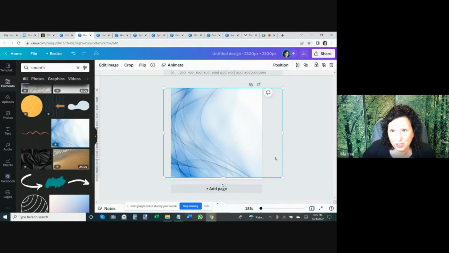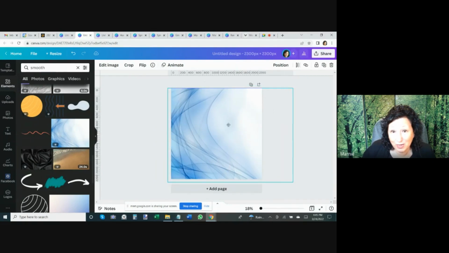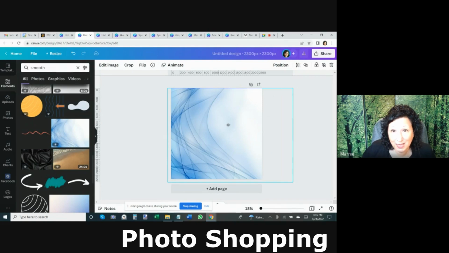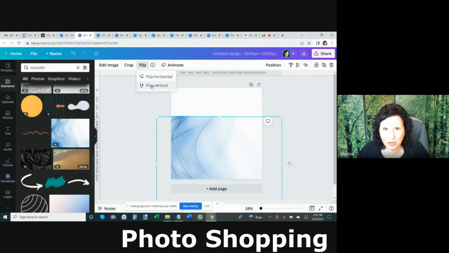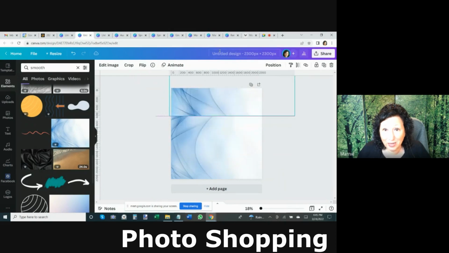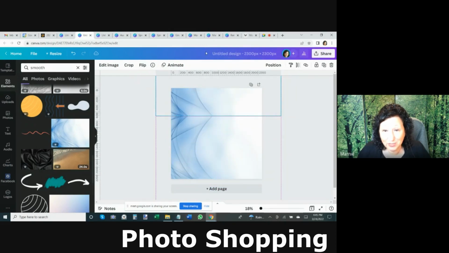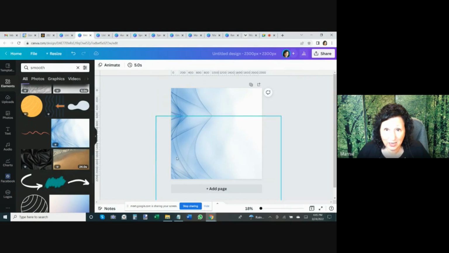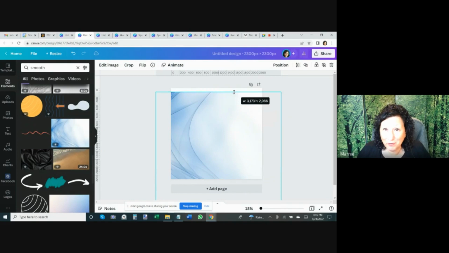And all I'm doing to resize is I'm just grabbing the corners and I'm just pulling them around. And I think I want, one thing you can do, I'm going to Control C and Control V. I have a copy of it now. I'm going to flip it upside down. I'm going to align it like that. It doesn't work. Sometimes this works really good. I'm not sure I love that. So I'm going to get rid of that. And it's just a lot of playing around. It's